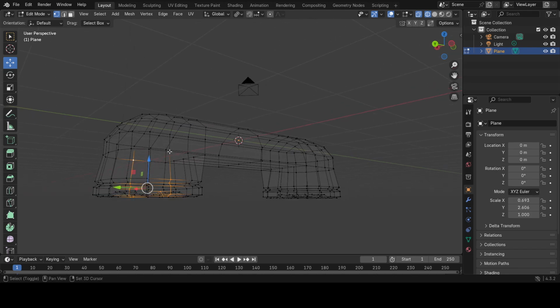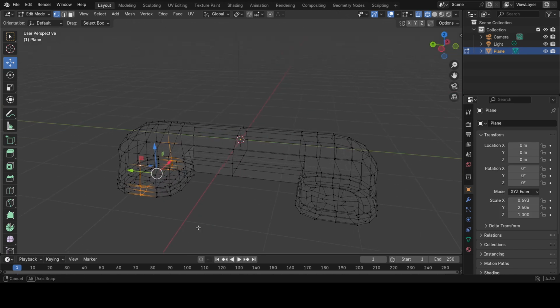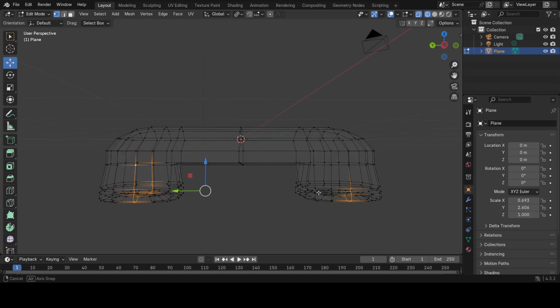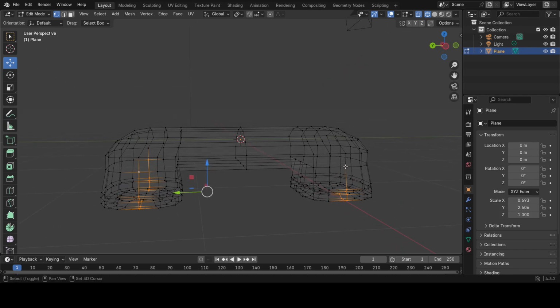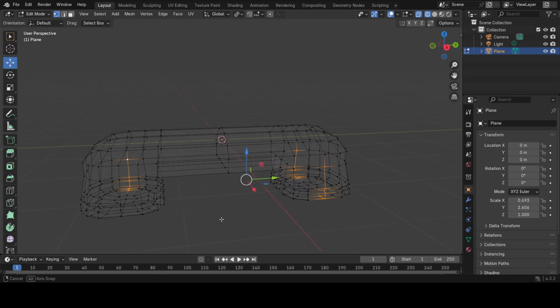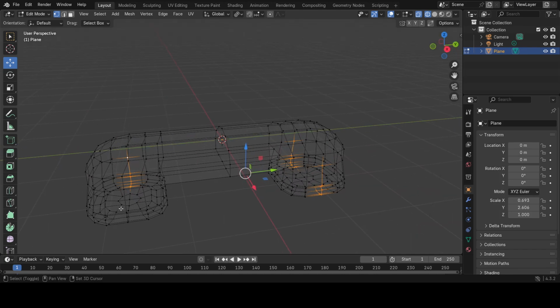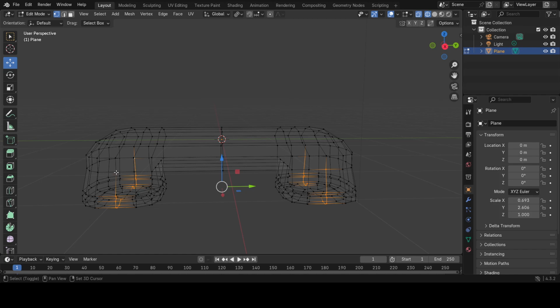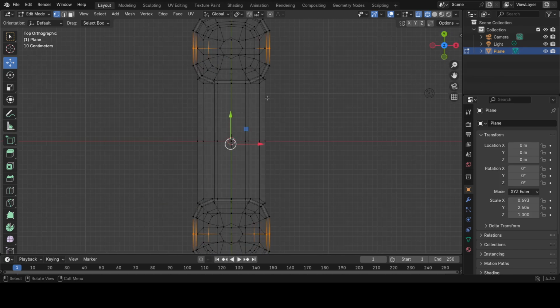And then I can do the same thing there. Let's see what we got right there. And I'm going to do the same thing over here now. Shift. Same position. Shift. Over here as well. And then there. Now let's go to the top view, Z, and let's go ahead and scale these guys out a little